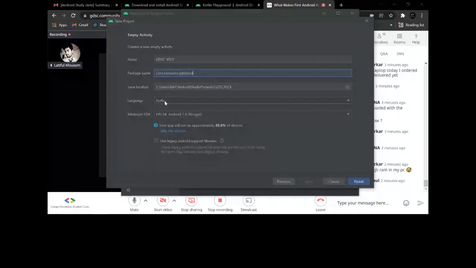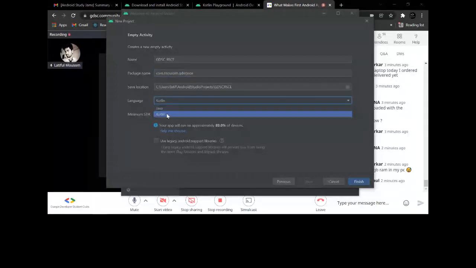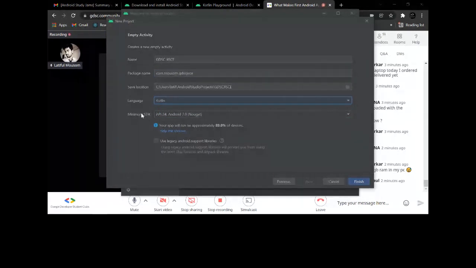By default it will be selected as Kotlin. You can select Java, but in our module all these things will be Kotlin. And this is the minimum SDK. What does minimum SDK mean? The full form of SDK is software development kit. It is for which Android version you are targeting, like what will be the minimum support you want to give.